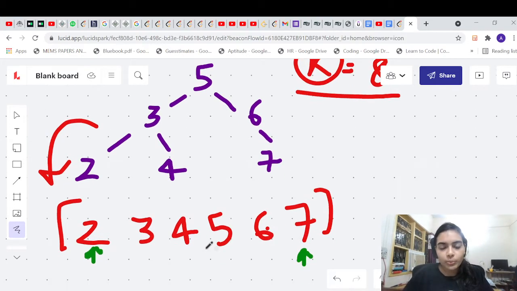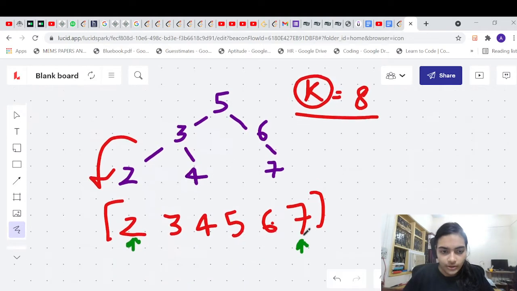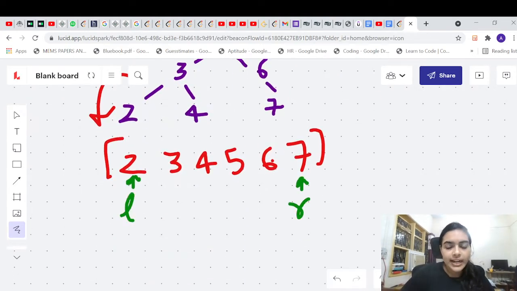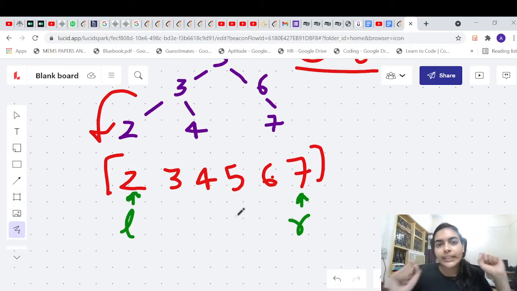So how will the two pointer approach help? Let us see. There's a left pointer and there's a right pointer. Now it is sorted, right? You can see that the numbers are arranged in ascending order. So the left is always lesser than the right. In this particular case, if you increment the left pointer, you will increase your sum. If you decrease your right pointer, you will decrease your sum because it is in sorted order.